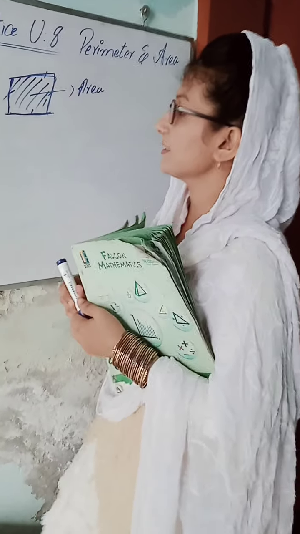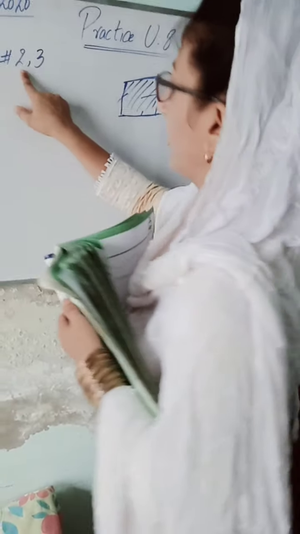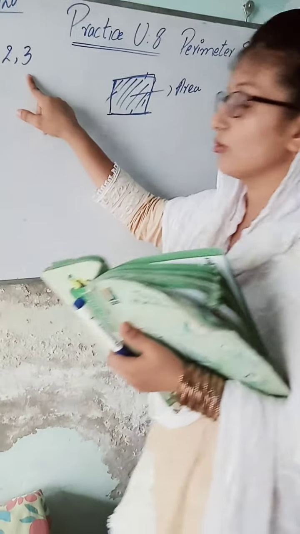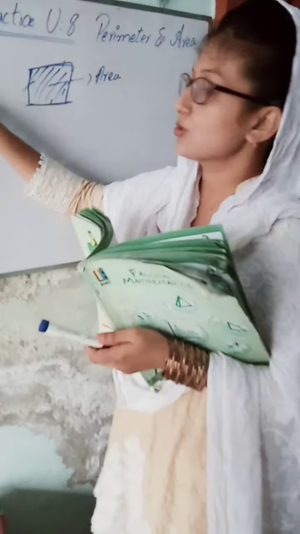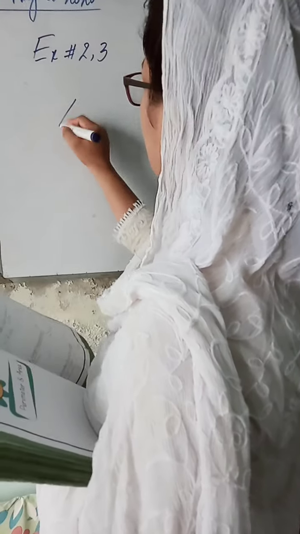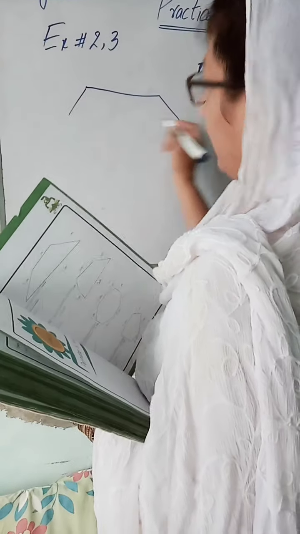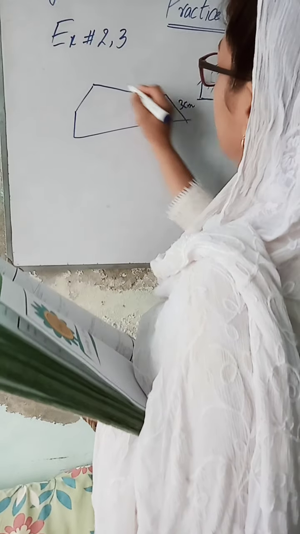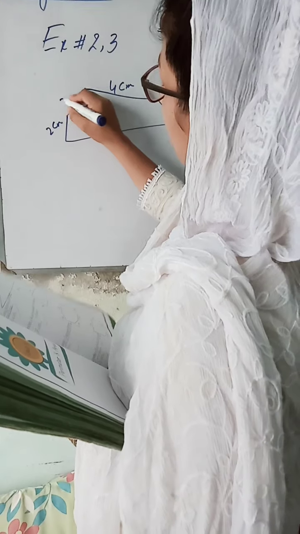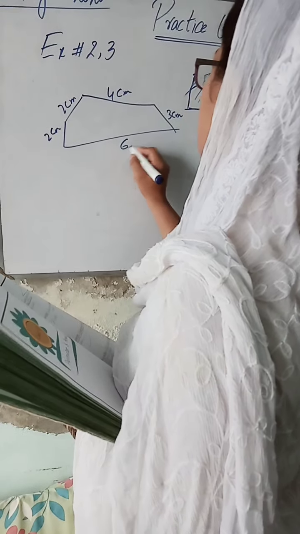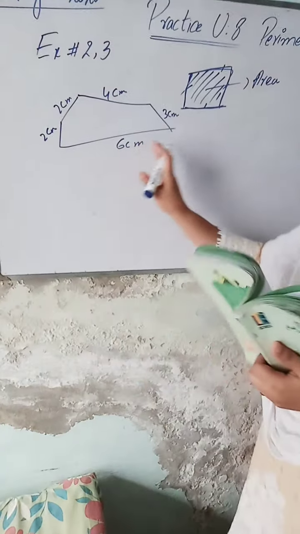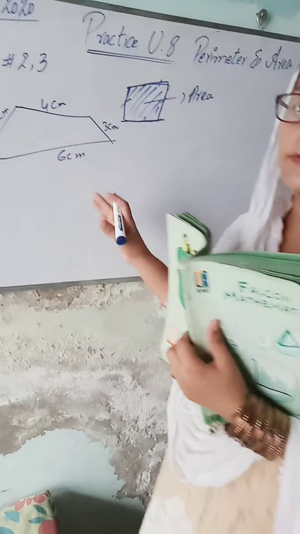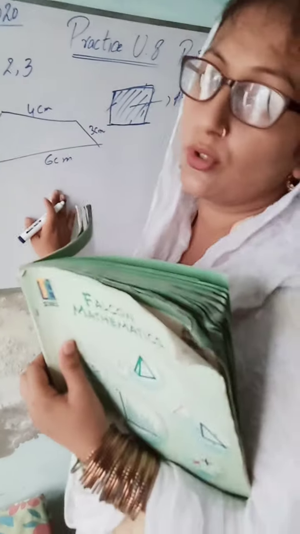So students, in your exercise number 2 and 3, it is also to find out the perimeter. In your exercise number 2, you are given just a shape with the measurements like this: 3 centimeter, 4 centimeter, 2 centimeter, 2 centimeter, and 6 centimeter. If you are given these boundary measurements, now we have to total these measurements so that we find